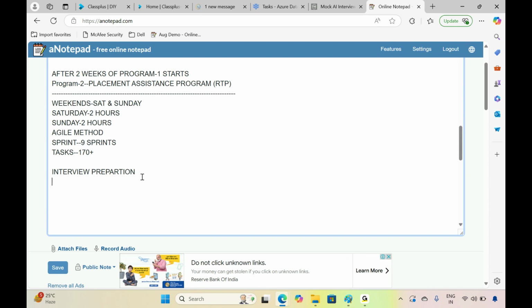After that, we are going to prepare a resume for every student based on their career gap, or existing IT experience, or non-IT experience. How can we present you as a data engineer, how many projects we need to keep, and each project's client names and descriptions should not be repeated by everyone.